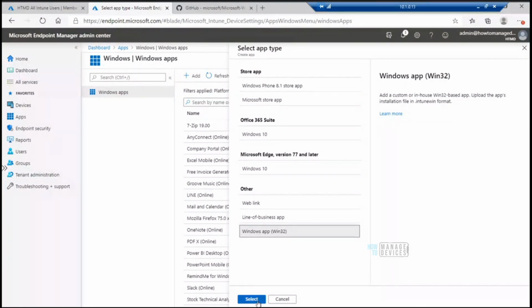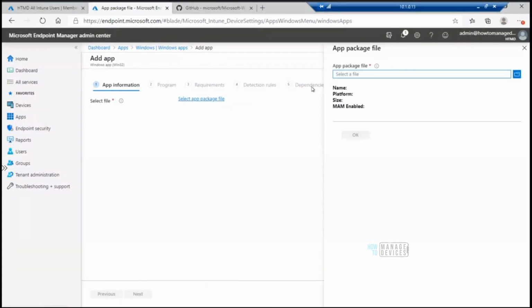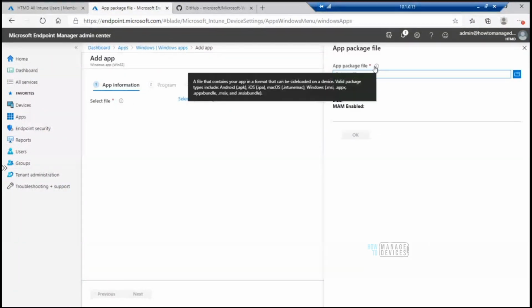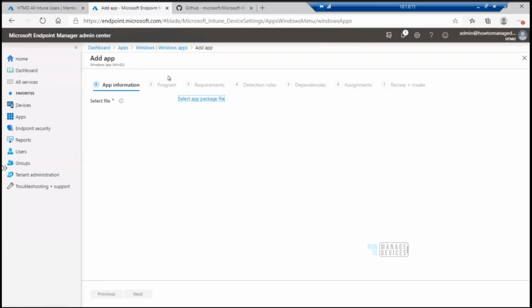Okay, so if I say select package, it will show which packages are supported. The only supported package over here is, I think I'm selecting the wrong one, give me a sec.